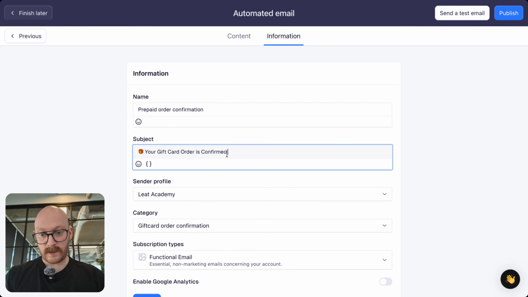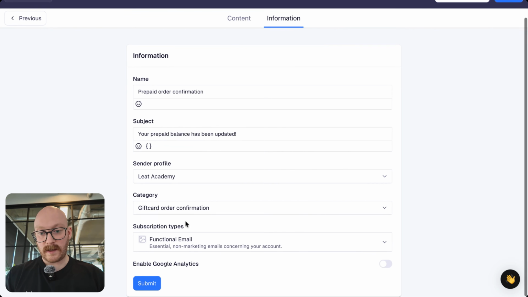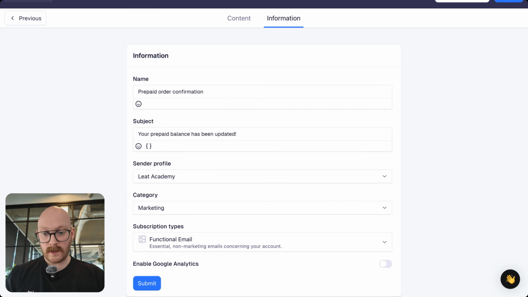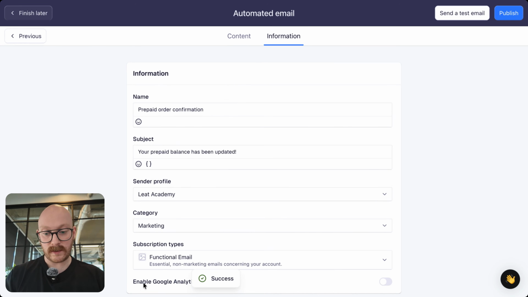I'm going to also update the subject accordingly. So I'm going to say your prepaid balance has been updated. We have our sender profile already selected, and then the category for these prepaid transaction emails is actually going to be marketing. Then we have our subscription type correctly configured here,